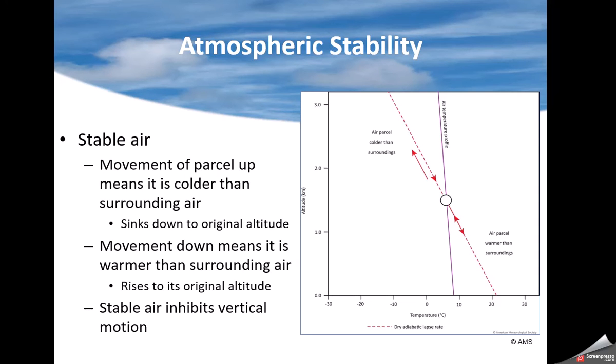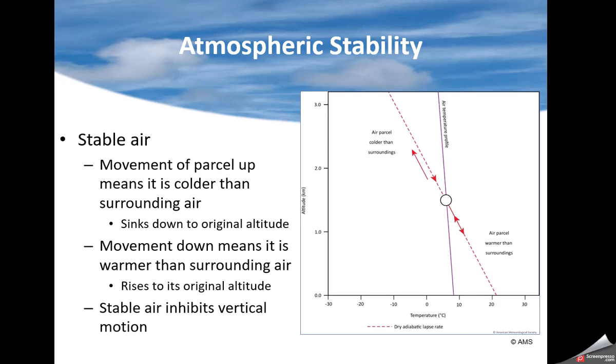All right. The atmosphere air parcels can be stable, or they can be unstable, or they can be neutral. This seems to confuse a lot of people, so I'm going to try to explain it. Think about a hot air balloon. You ever watch a hot air balloon go up and up and up? Why does it go up? It's lighter than the surrounding air. So that balloon has lower density, because it's hotter, it continues to rise. The colder air is denser.